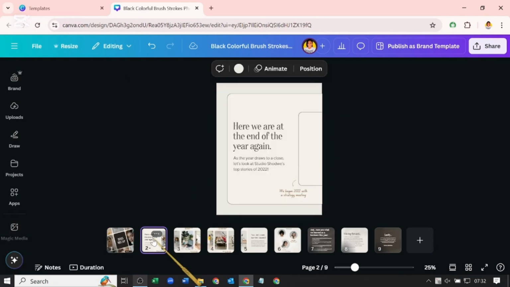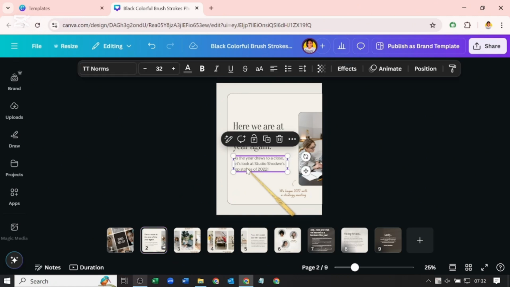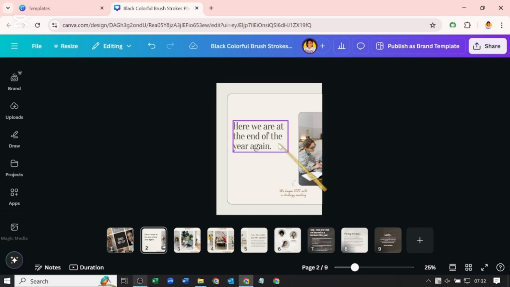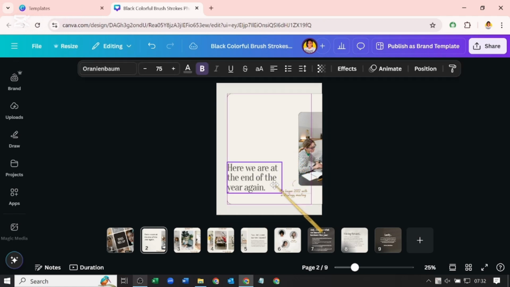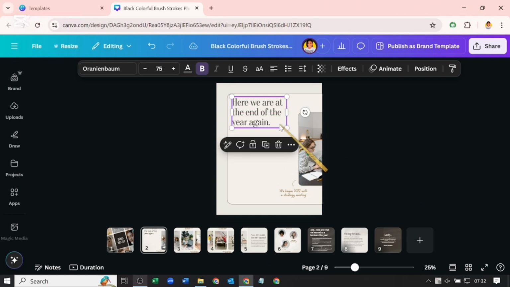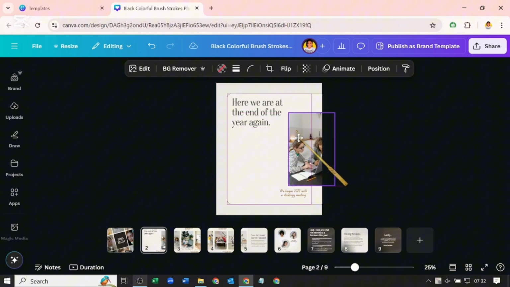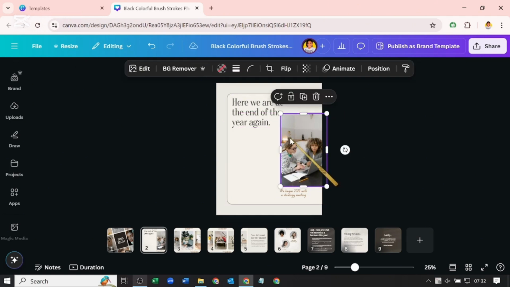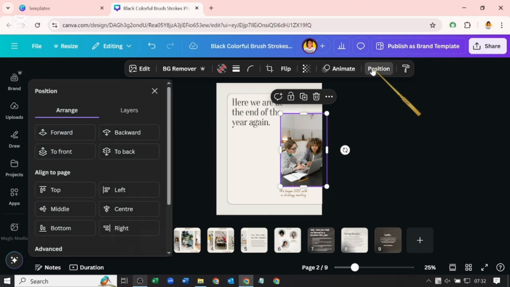You can go to the second page, click on anything you want to edit. If you don't want it to keep this, you can just easily delete it. And you can move things around if you want to play with how your things are positioned. You can actually move it around and position it how you want it to look. So you say move this around. If we go to position and go back, I'm going to undo what I did with that image